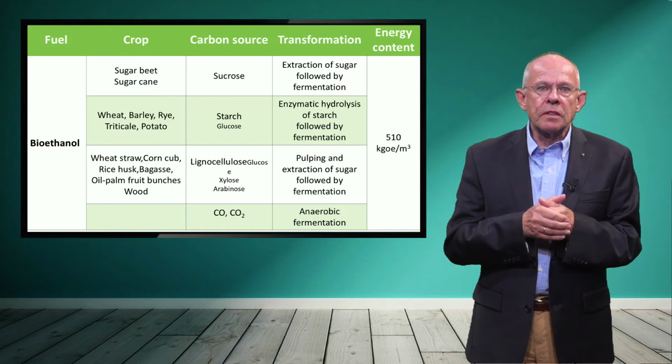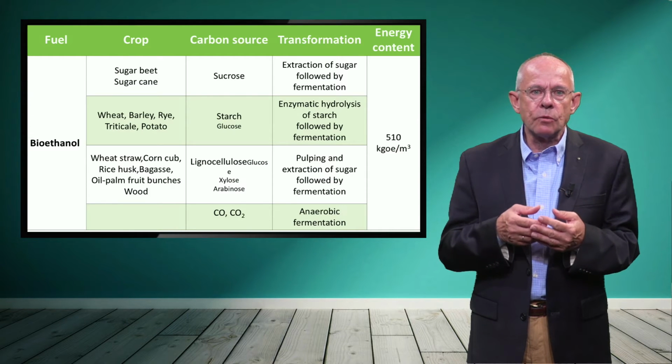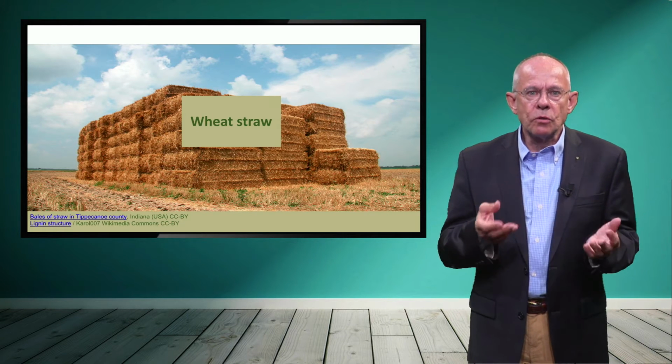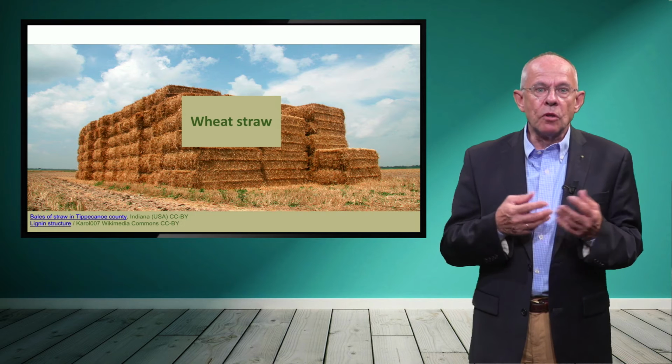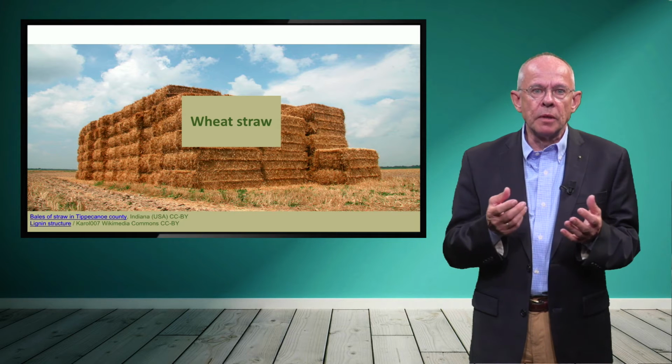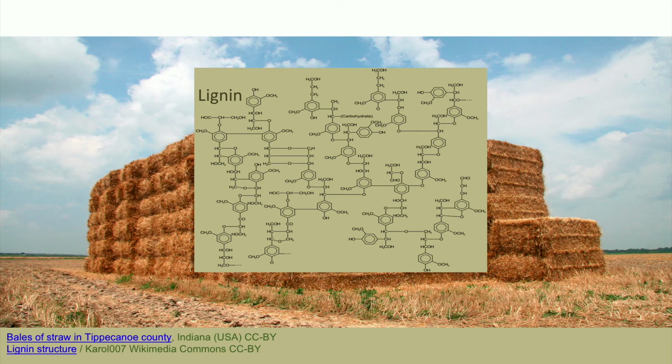The third line shows another source of fermentable sugar. It is lignocellulose, coming with agricultural waste streams like wheat straw, corn cob, rice husk, bagasse, empty oil palm fruit bunches, but also residual wood, sawdust, and even used paper provide feedstock options to fermentable sugar. Lignocellulose is the main component of plant cell walls, thus representing the most abundant natural polymer. Together with hemicellulose and lignin, it forms a complex and rigid structure allowing plants to build highly stable structures like straw and wood.